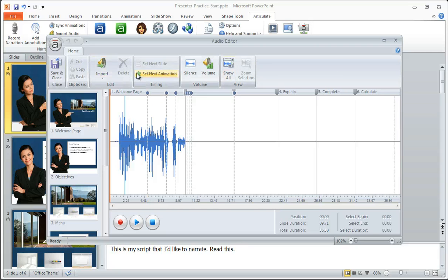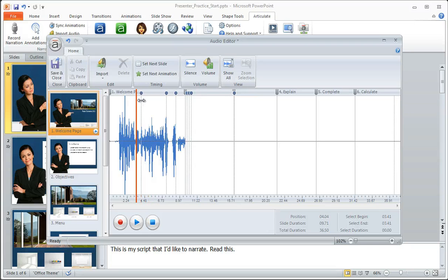Well, here's the overall interface. I've got the tools. I see all of my slides on the left, and I could go look at the audio on other slides if I had audio there. You'll notice these little pull handles here up at the top. These are the animations that I have applied in PowerPoint. So right from here, and not to get ahead of ourselves, but when it comes to syncing animations, we can